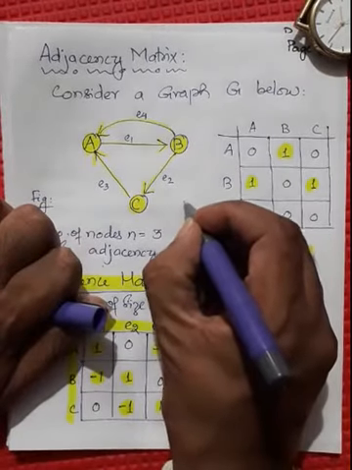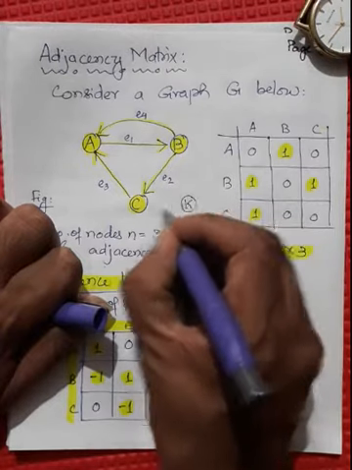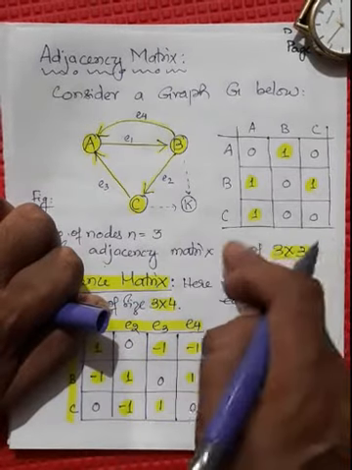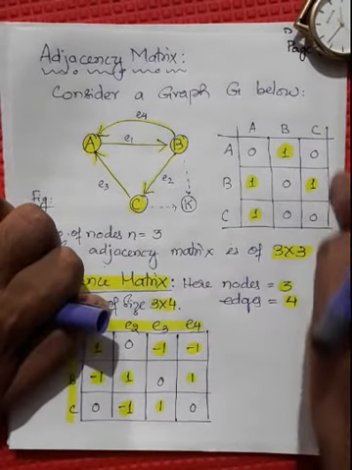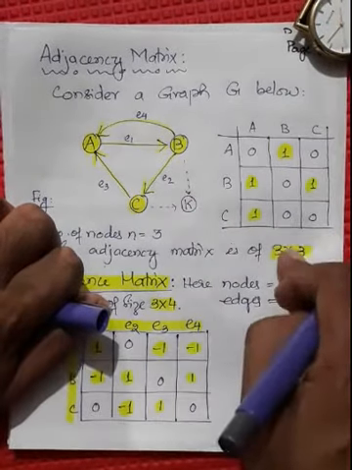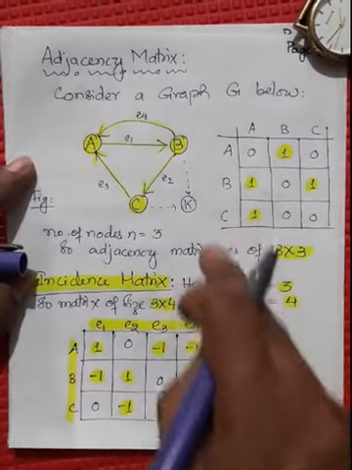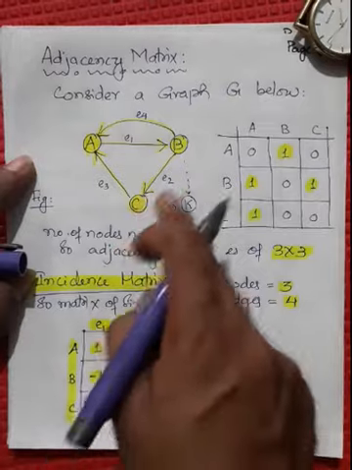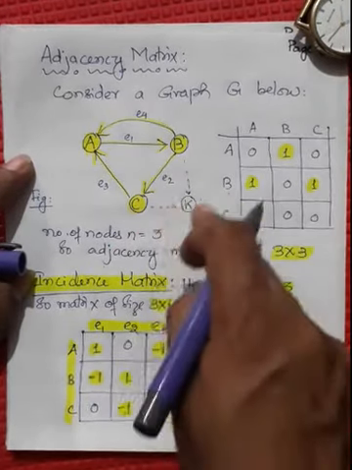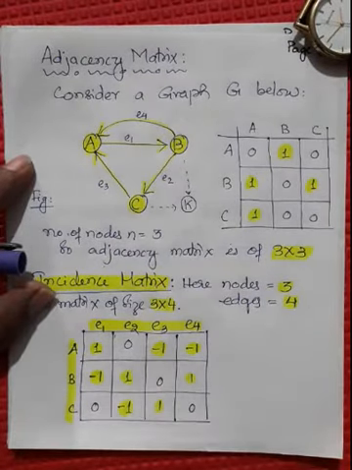Again, suppose tomorrow I want to insert a new node, let us say node K, and I point the edges like this. Then for K, one row and one column have to be added, and the corresponding edges also have to be represented. So modification of the matrix is a difficult task. Similarly, in the incidence matrix, if there are additional edges, additional columns have to be included, and whenever nodes are added, a row has to be included. So this is the drawback.